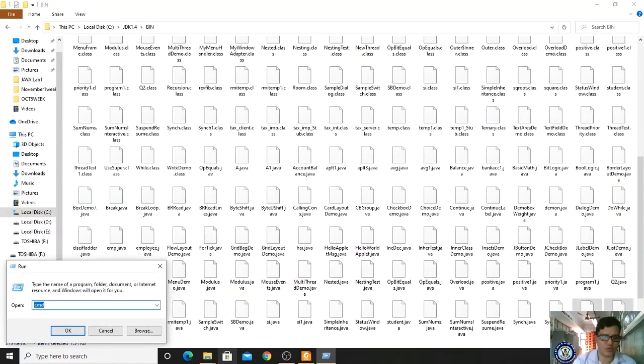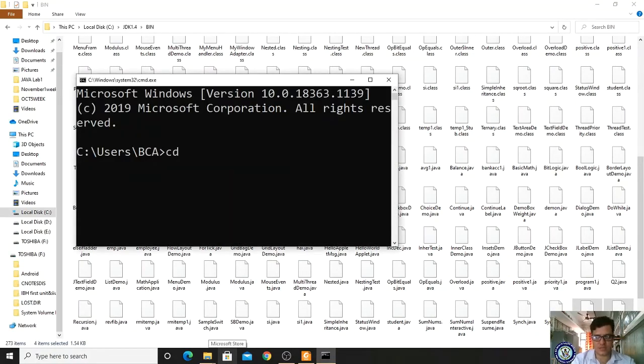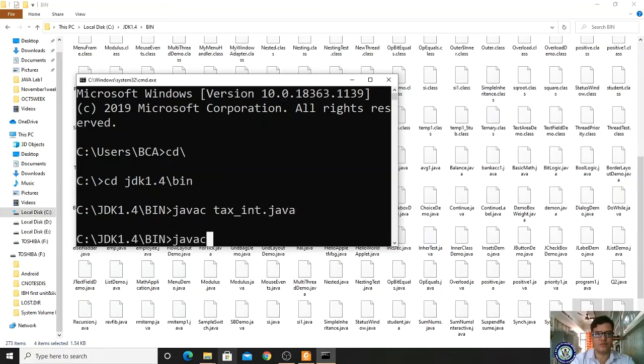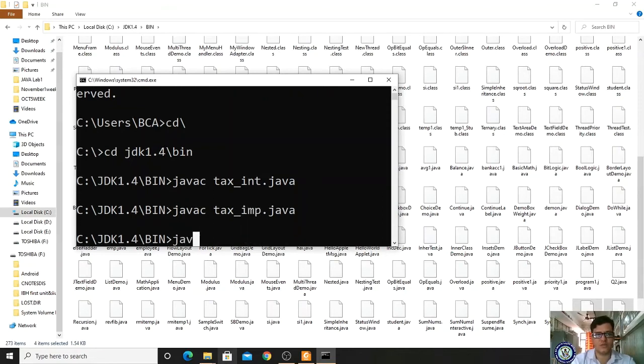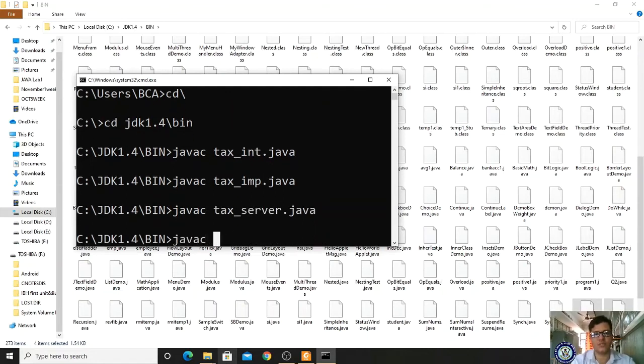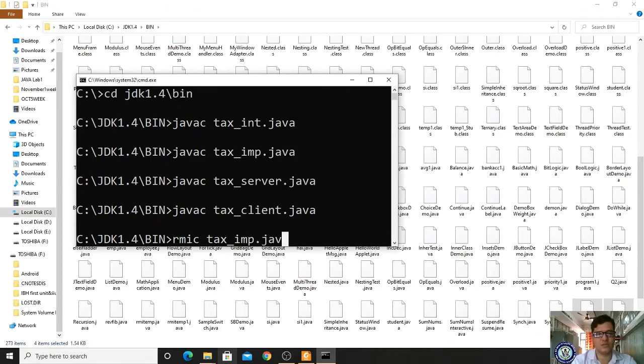Yes. Now let me check the running of your program. cmd, cd slash, cd jdk1.4/bin. Now compiling javac tags_interface.java, javac tags_implement.java, javac tags_server.java, right, javac tags_client.java. Afterwards the RMI compiler, rmic tags_implement.